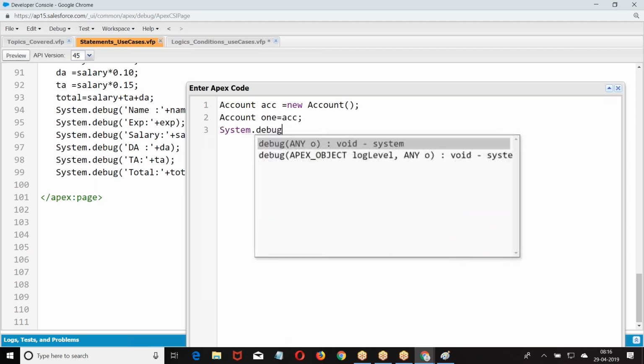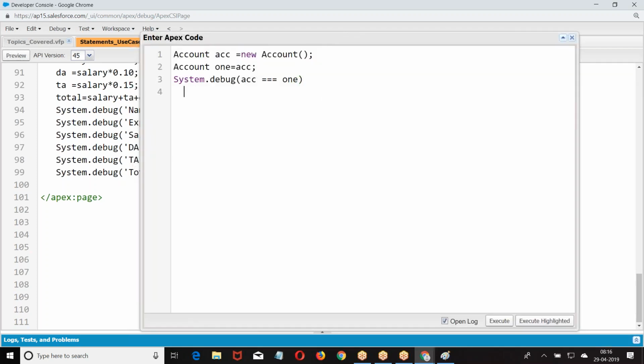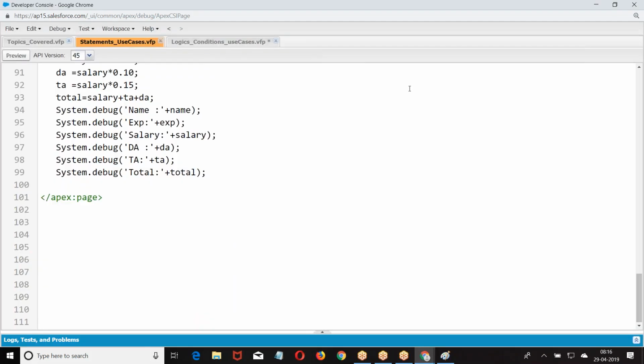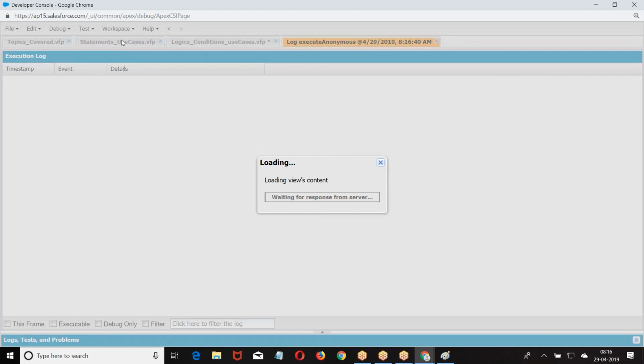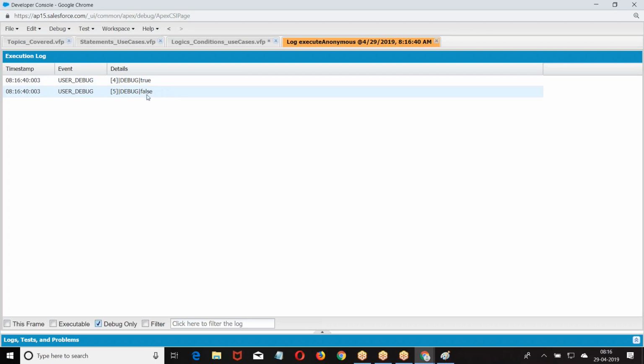Now system.debug ACC will equal to 1. So I gave ACC, first one true, second one false.